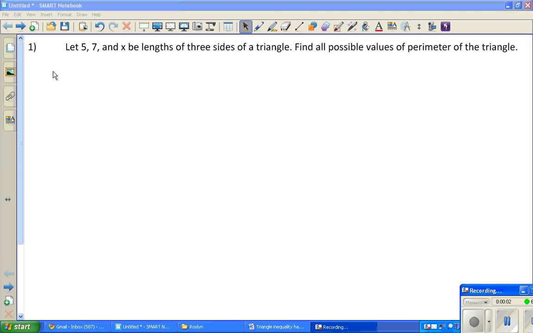class. We'll try to go over the handout questions today. Number one. So let us see. We have 5, 7, and x with the length of the three sides of the triangle. So from the triangle inequality that we have learned,